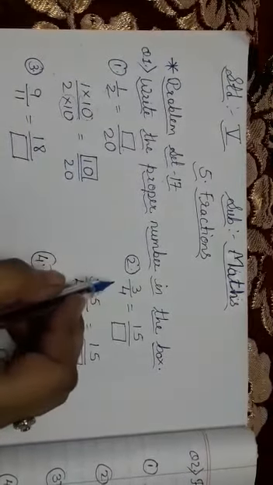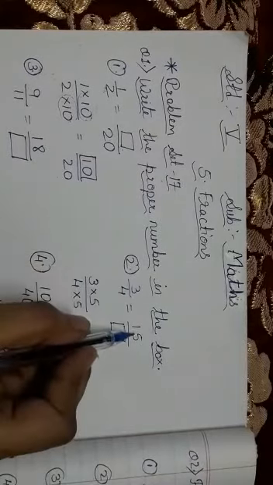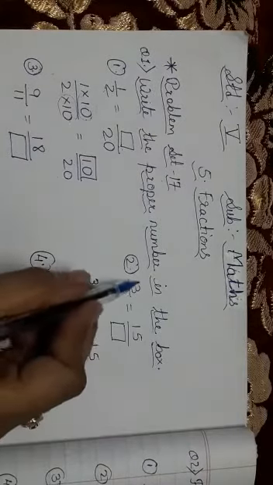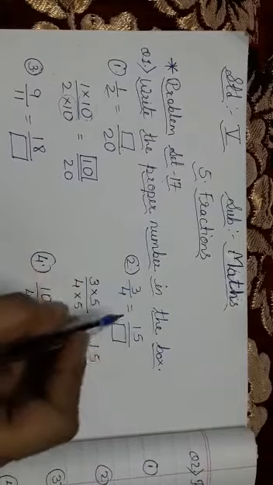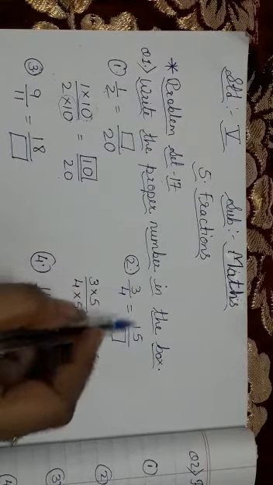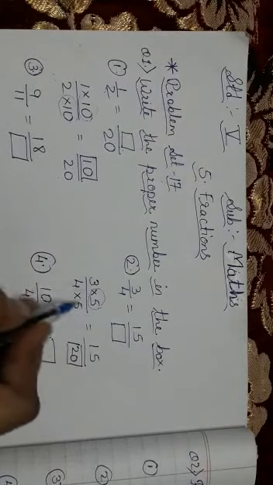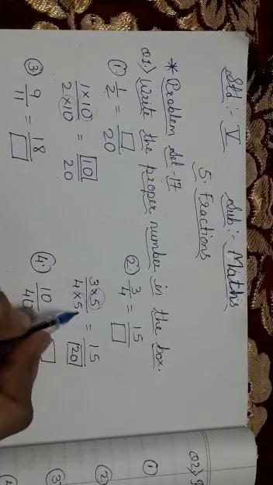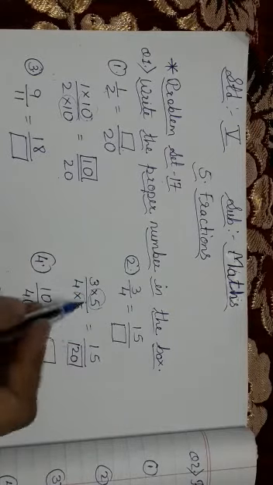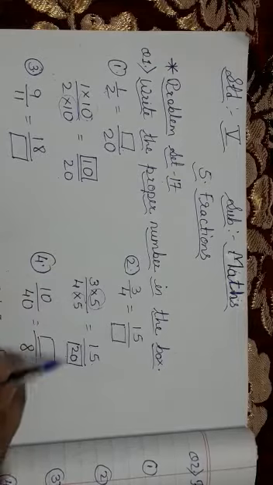Same way we will do the second one also. Here the first fraction is smaller and the second fraction is bigger. So again we will do multiplication. Now here in 3 table, 15 comes. Yes, how much? 3 5s are 15. So here I have written 3 5s are 15, and the same way multiplied by 5 in the denominator also. So 3 5s are 15 and 4 5s are 20.